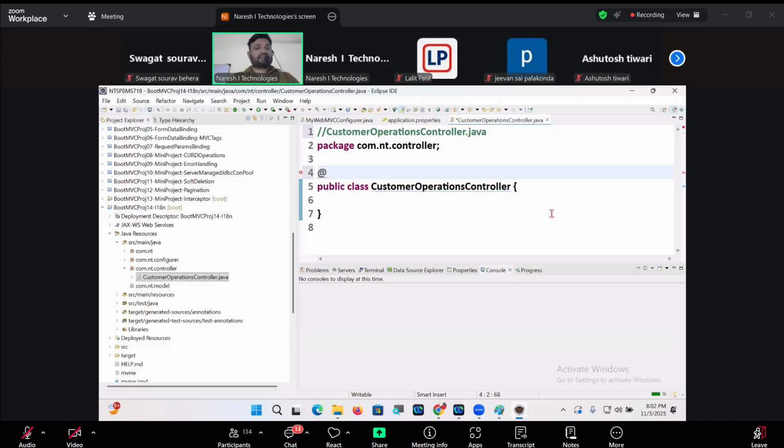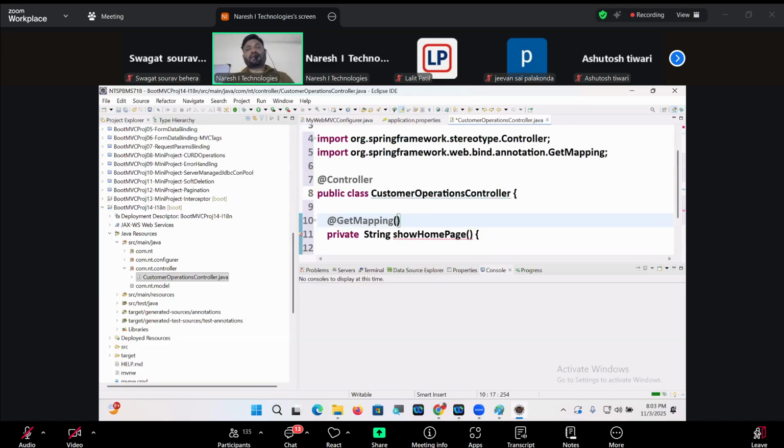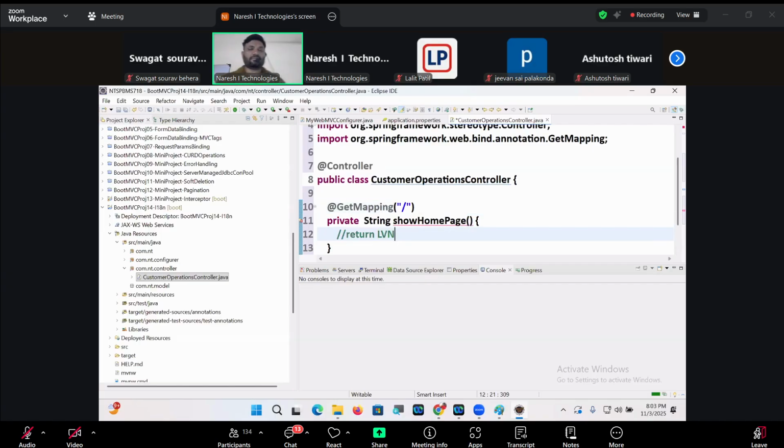Private string show home page. Here I'm taking show home page with @GetMapping slash. Return the logical view name. Return welcome.